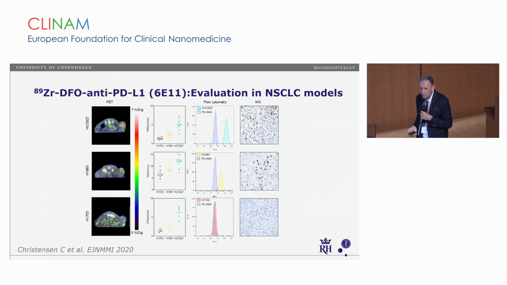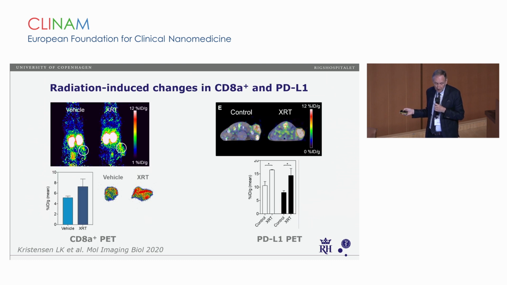After all, it's still an antibody that binds to the same target as whatever antibody you have for your immunohistochemistry, and it also correlated with flow cytometry. So we now are able to visualize both these sides of what is relevant for immune